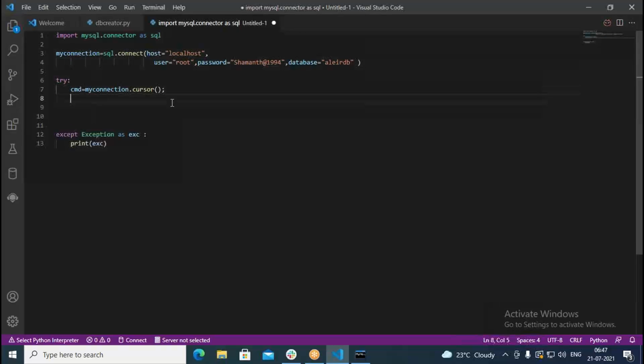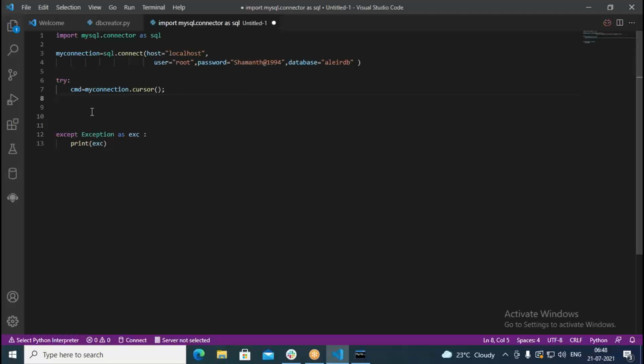Next, the first thing we created was the connection. The next thing is that we create a command object. Once the command object is created, we need to invoke the procedure.